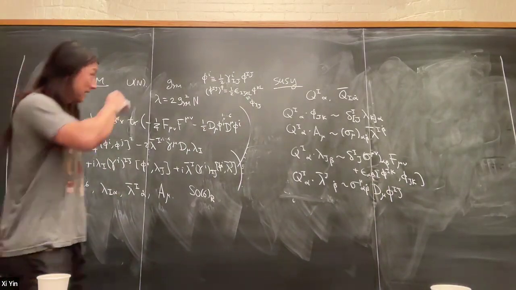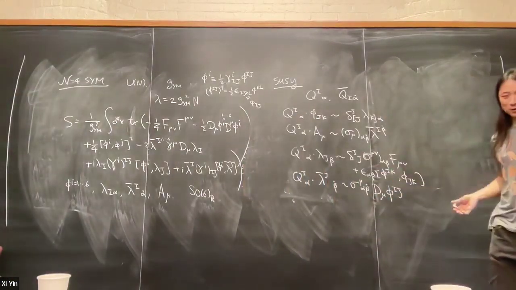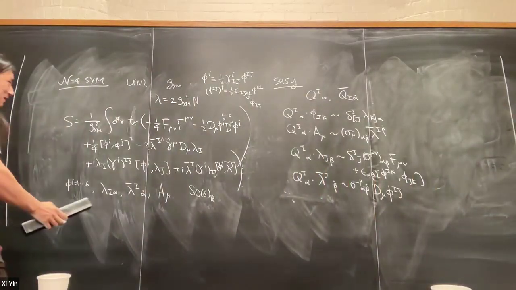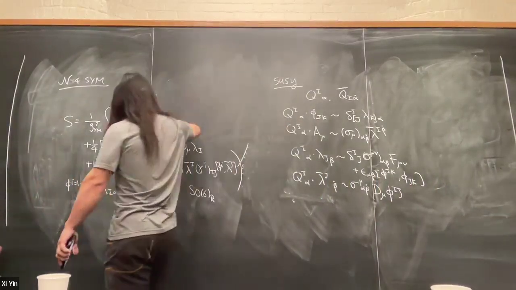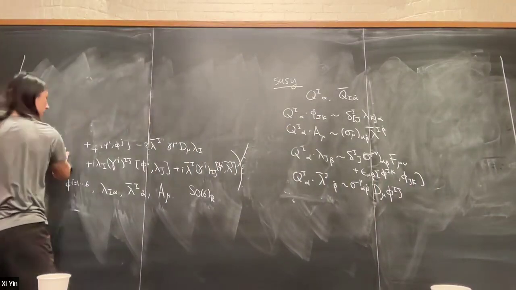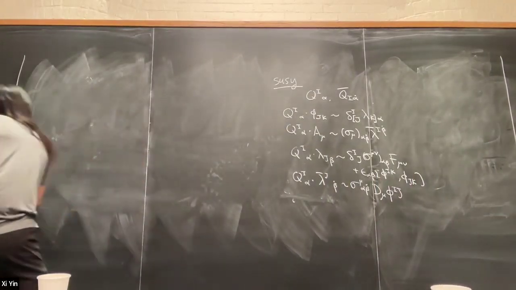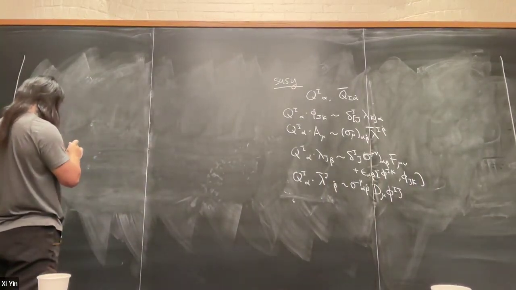Now, of course, there's an important fact that we have a conformal symmetry, and the conformal symmetry doesn't compete with supersymmetry, and therefore it generates superconformal symmetry. So the next thing we'll say, which is kind of a standard story, is the superconformal symmetry of N equals 4 super Yang-Mills. The superconformal symmetry will play an essential role. So we need to at least write down the notation for the charges.